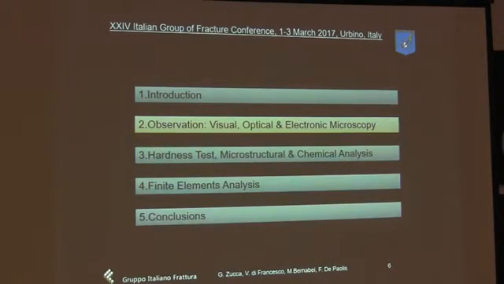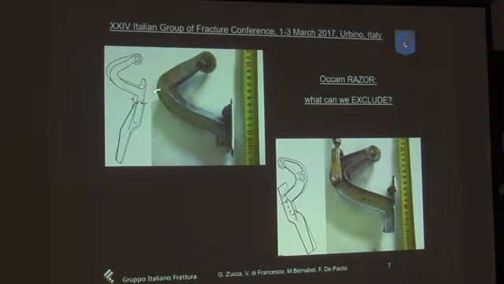So, carry on with the observation. We have two hinges, the forward one and the rear one. And what we have to do is to exclude what is not involved in the failure. And what is for sure not involved in the failure, in this case, is probably overload, because I have a component that has been in service for many years. So it's very rare that a part like that experiences an overload.